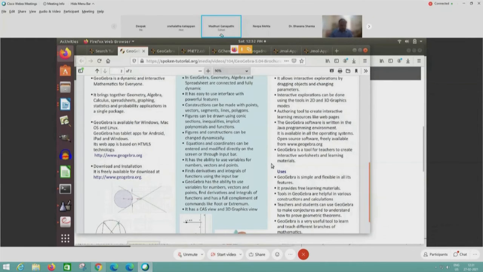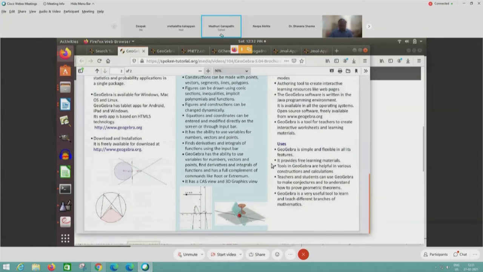We have got 3D also in GeoGebra nowadays. We can draw lines, arrows, everything is available. We can get integrals, we can draw circles, triangles, prove theorems. The main thing about GeoGebra is we can actually prove theorems. The picture shown here on the left side is a theorem. Actually, you have proven a theorem saying that the two angles are equal, and the central angle is twice the angle at the corner. So we can prove theorems, plot graphs, and draw 3D structures.